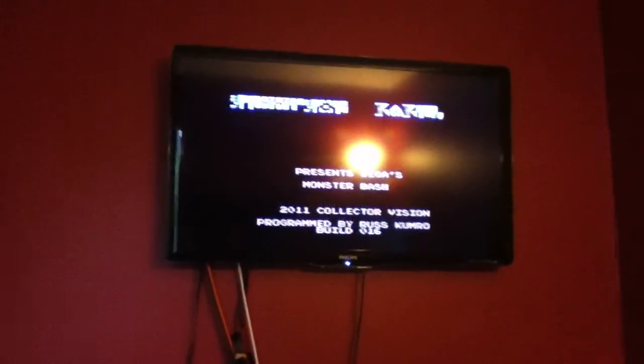I still have to get the little thing that connects and hides the wires behind the TV, but I haven't done that. We got the TV on the wall. It's a very dark maroon color in this office here. It's the way that people left it for me when I bought the house. So there's the